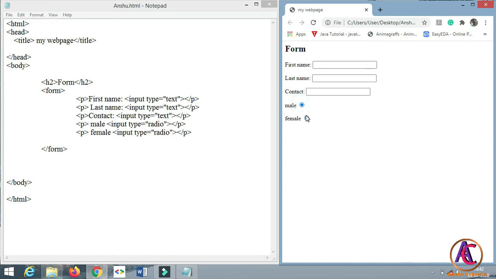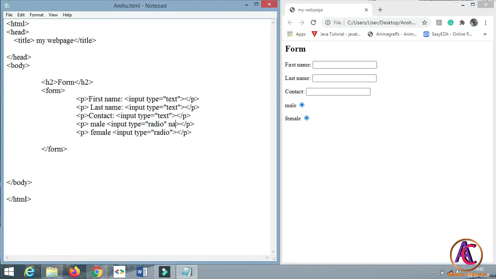To select only one option we have to link both options to the same name. So add an attribute to the input, name, and give the same name to both of them. So type gender. You can type any name for the attribute, and for the female also give the name gender.